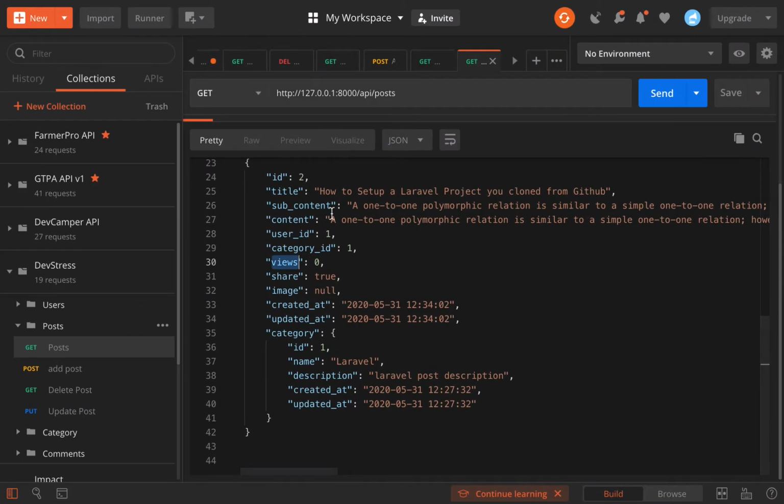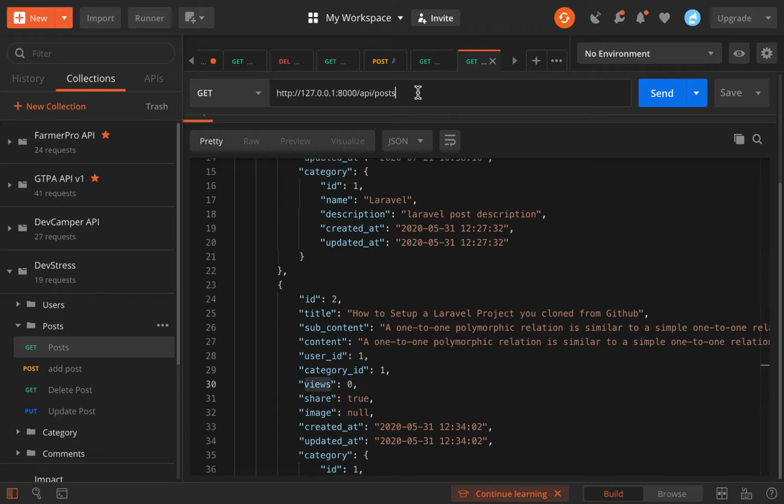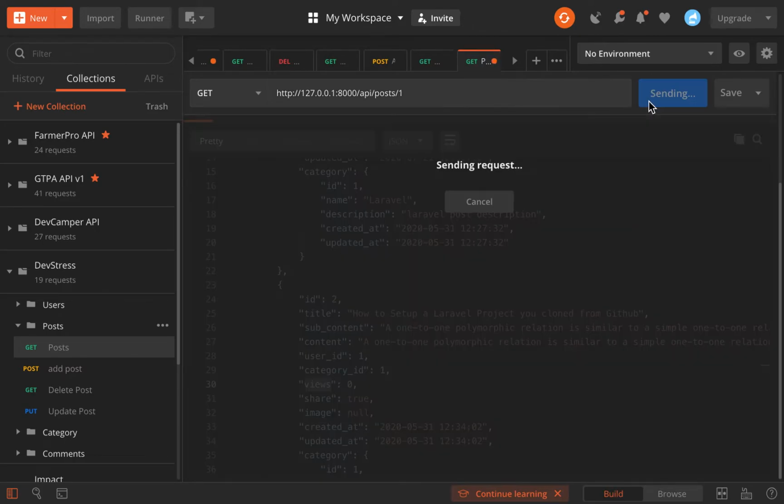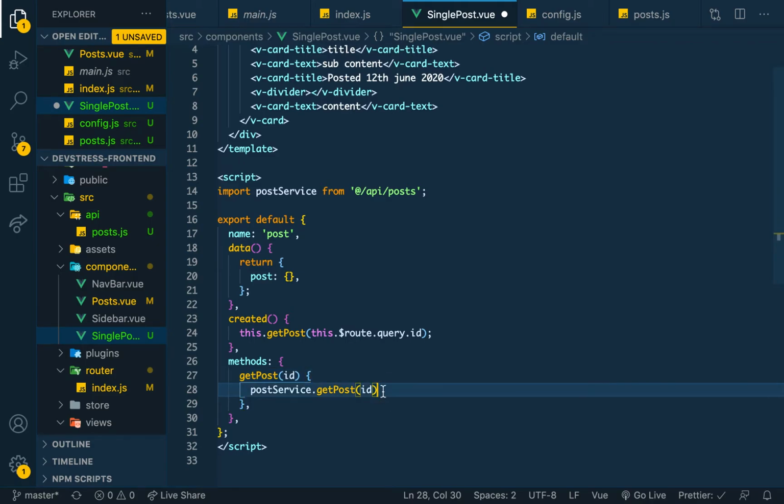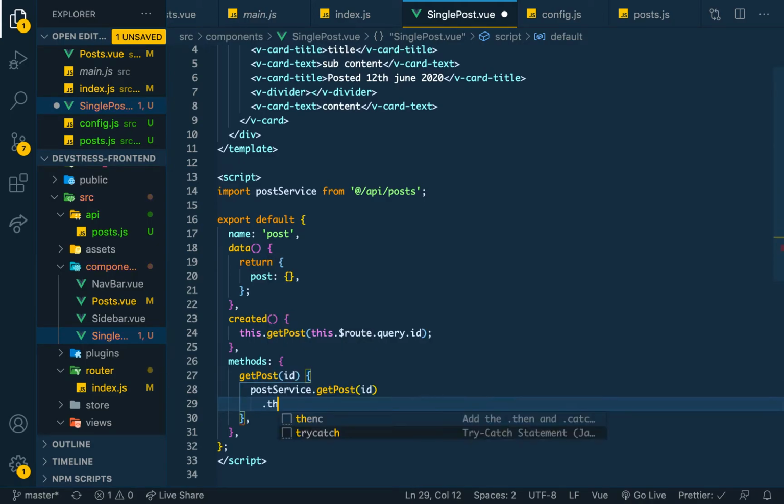So when we come here, we can say slash and then ID is 1. We get it. Okay, so that's exactly what I've done here. In the single post, we pass in the ID plus 1. That's all that we need to do, and then we can return a promise, and then we can say